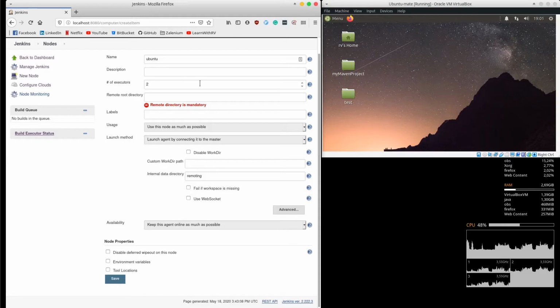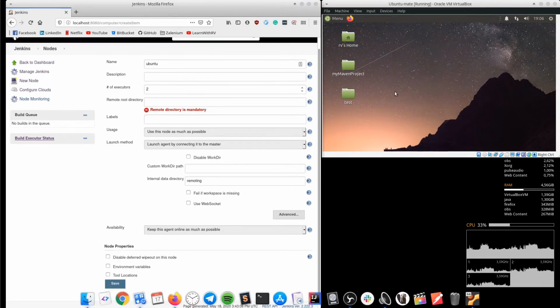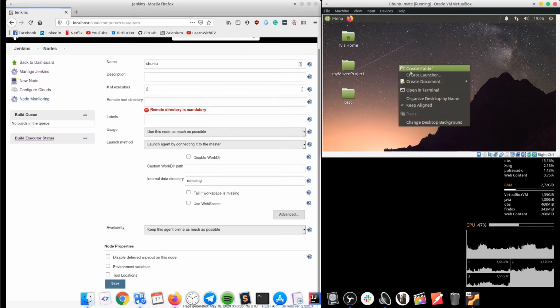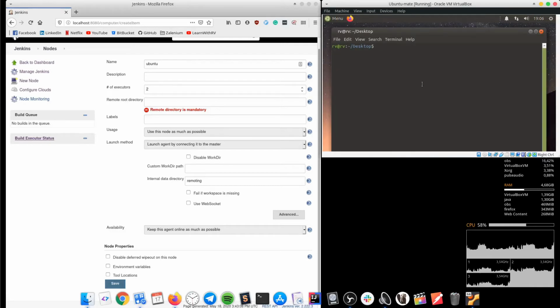The remote root directory expects an absolute path on the remote machine where the configuration files will be saved. Feel free to use your own path, but for example purposes, I will just create a new folder in the remote machine and use its path.